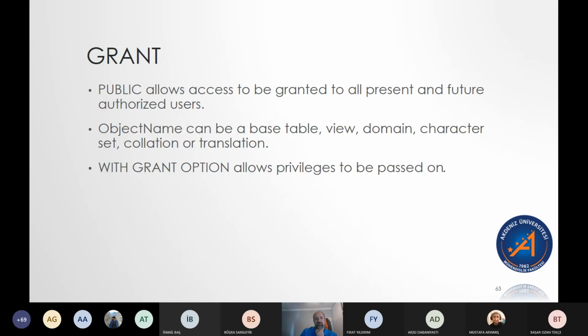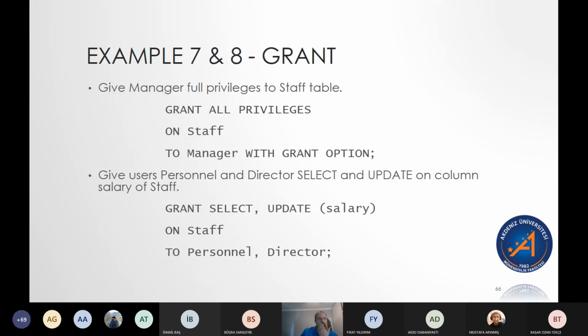So let's finish up the grant stuff here. So public allows anyone with access, right? All authorized users will be able to get to whatever we say public to. Okay. And again, with grant option allows those privileges to be passed on to others. So here are some examples, right? Using grant,